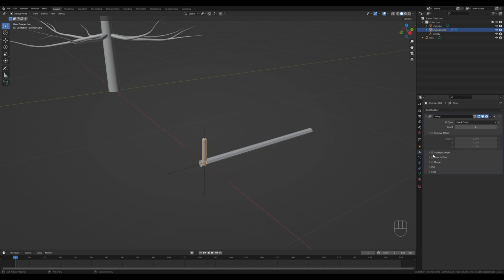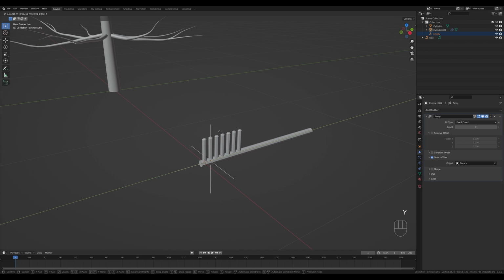And now disable a relative offset and let's enable object offset, and let's pick our empty with the eyedropper tool. And now we can increase the count a little bit. Select our empty, press G, then Y and move it. So now you can see we are controlling the offset with the empty, which is very useful because now we